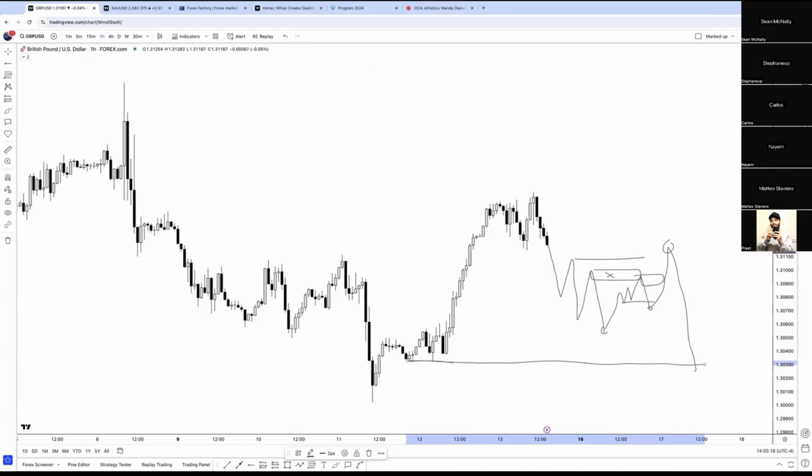I juggle between all the pairs, bro, because everybody in the group trades different pairs. Not everybody, but there's some people that trade AU, GU, whatever it is. So I have a bunch of different pairs. But I just get up in the morning, I clear my chart, I look through all the pairs, I look at what trades you guys have been taking, and I just choose whatever's clean. Sometimes there's two charts that are clean. I recommend you guys stick to one to two pairs max, especially when you're in the beginning stages. But yeah, whatever's clean to me, that's it. Keep it simple. All right.